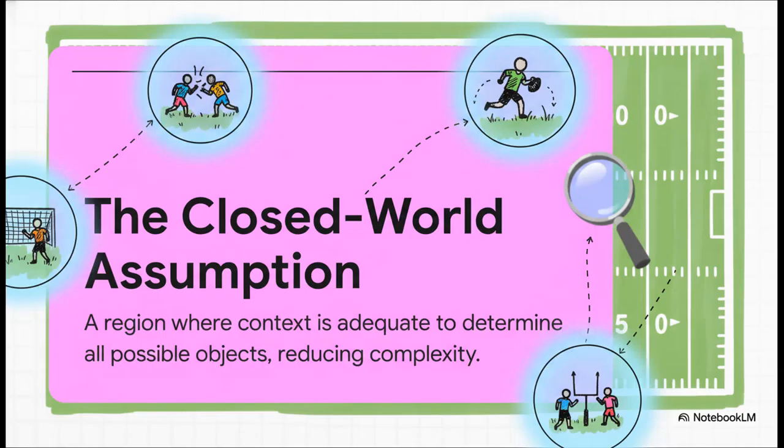Okay, so the view is stable now, but tracking 22 players all at once is still way too hard. So they came up with another genius hack called the closed world assumption. Think of it like this. Instead of trying to solve one giant, impossible jigsaw puzzle, they decided to cut that puzzle up into dozens of tiny, super simple puzzles. They broke the field into these little independent regions. And inside each of those tiny worlds, the computer only had to solve a much easier problem, like track that one player against the green grass, or figure out what's happening with these two players in this hash mark.